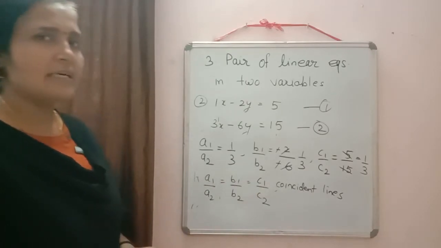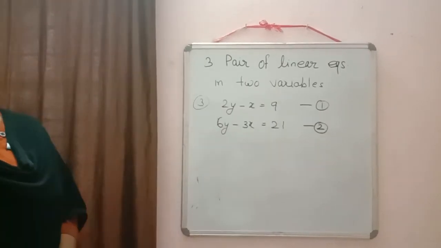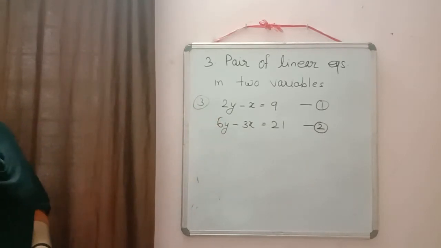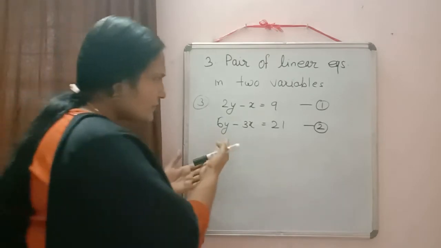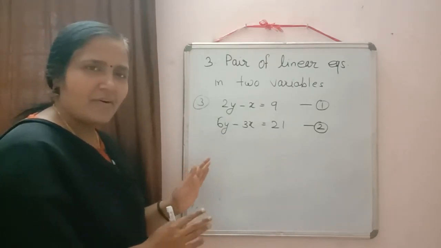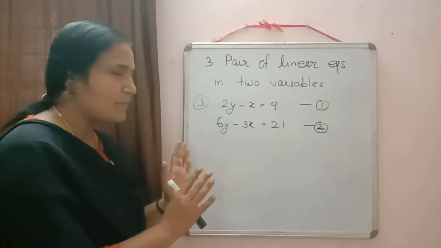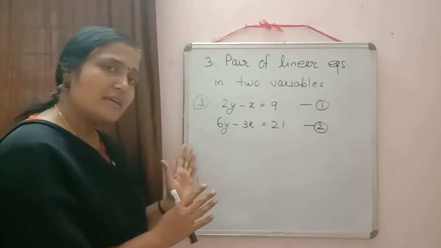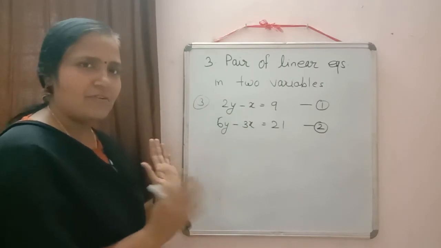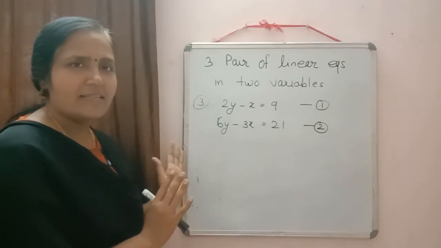So moving on to the third example. All of you just check the other equations we have. In this one, the coefficient of y is written first. Is there a problem if the y term is written first, or do you have to write the x term first? No problem. Shall I do it in this way only? We have to draw the graph only. Nothing else we are doing.